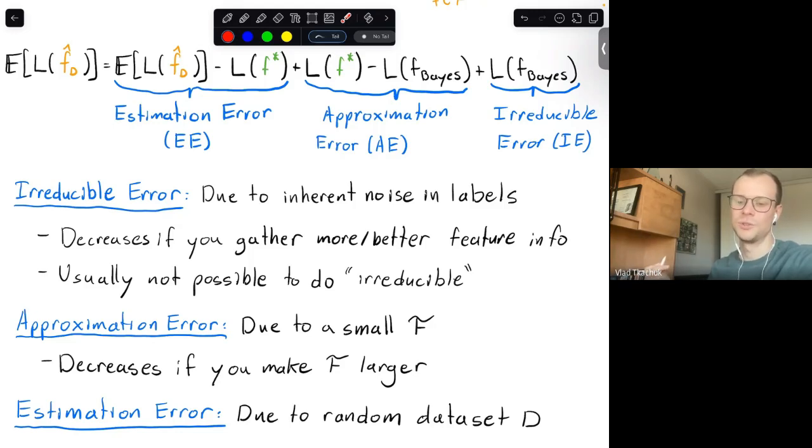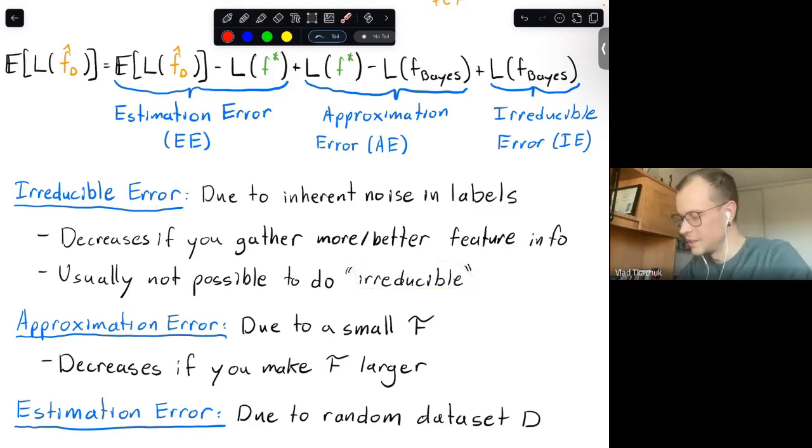So if you look at houses with 3 bedrooms, there's not just one price that they will be sold for, there's many different prices. And the way to improve this error is to gather new feature information. So maybe you could gather the size of the house, where it's located, this kind of new information, and that will allow you to better predict things, and the noise will be reduced. So that's the idea. But usually you can't gather this new feature info, and so people call this the irreducible